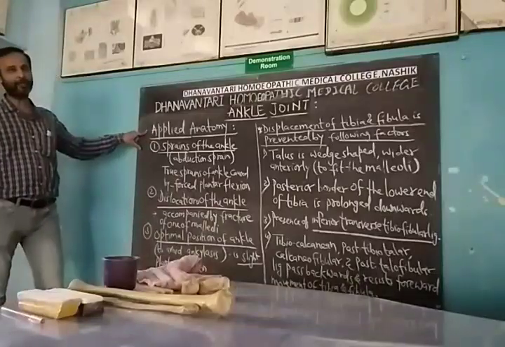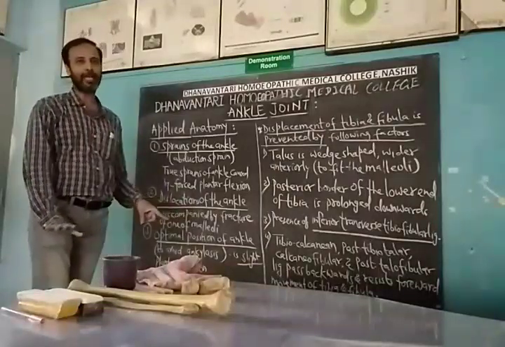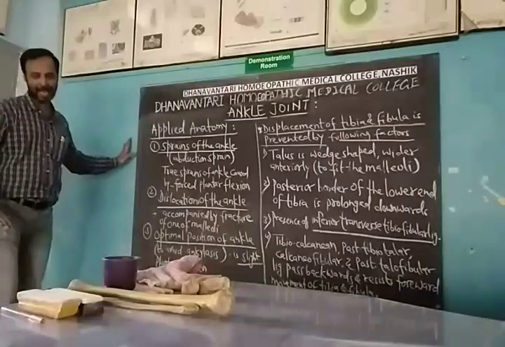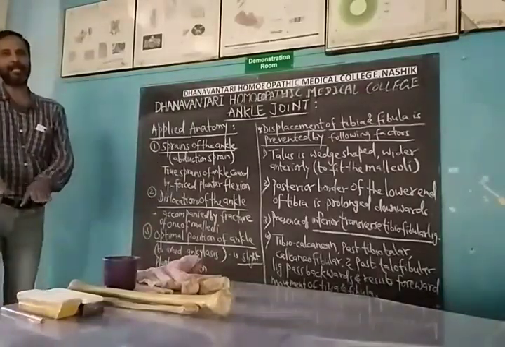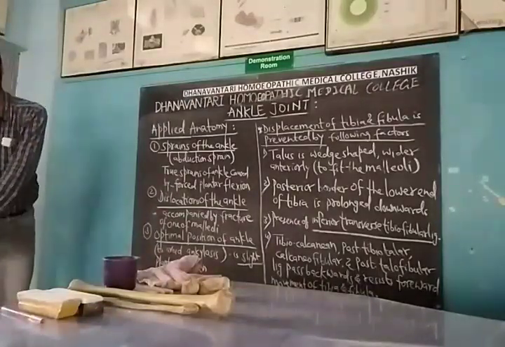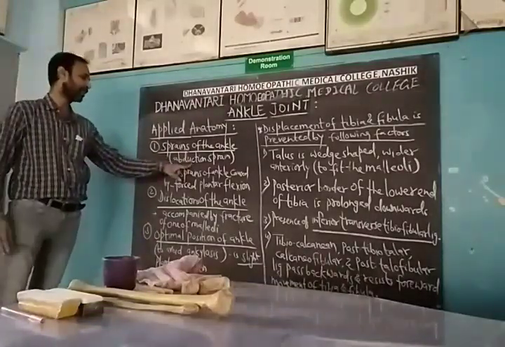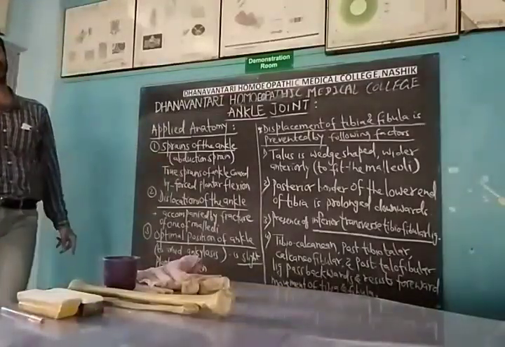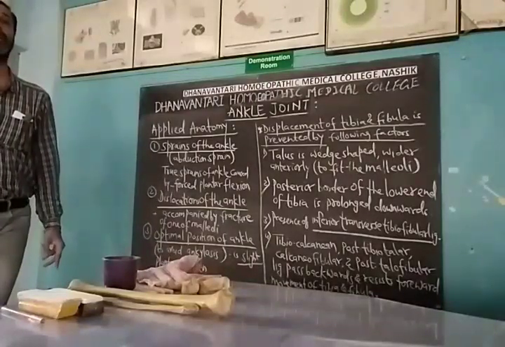Now apply anatomy. In the beginning I said the sprain of the ankle is very common. Mostly this sprain is an abduction sprain. Abduction means on the outer side, laterally. Many times with high heels, or while walking with some stones in between, there is a sudden movement. So the abduction sprain is very common, and because of it there may sometimes be a tear to a few fibers of the deltoid ligament.